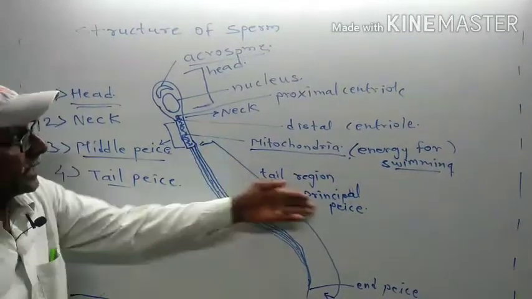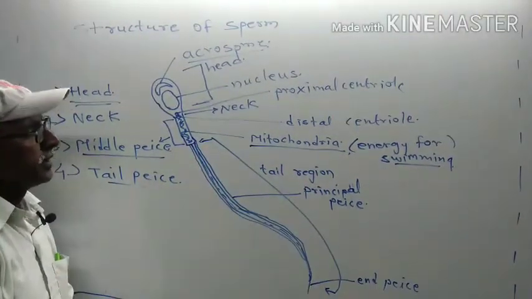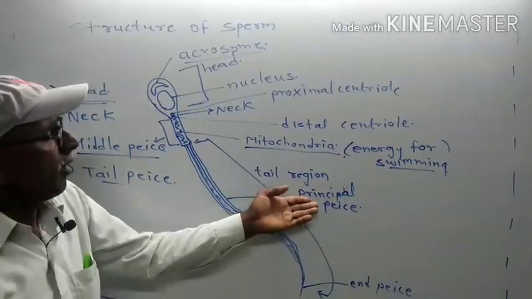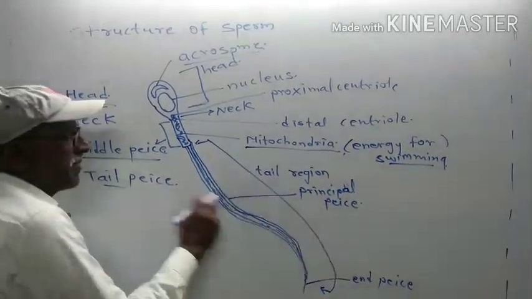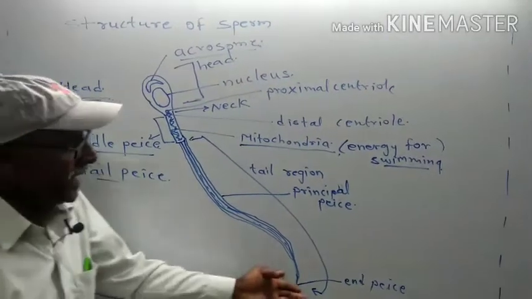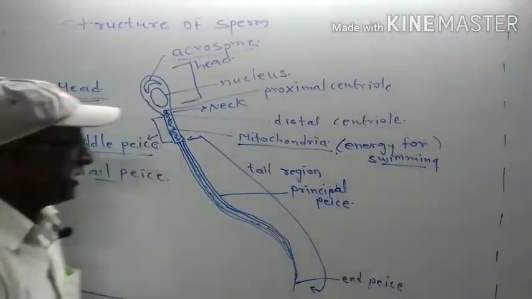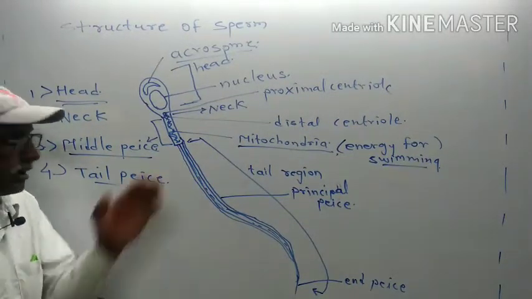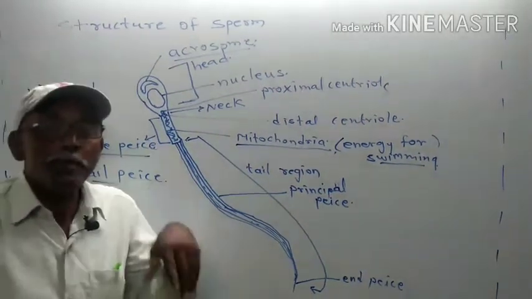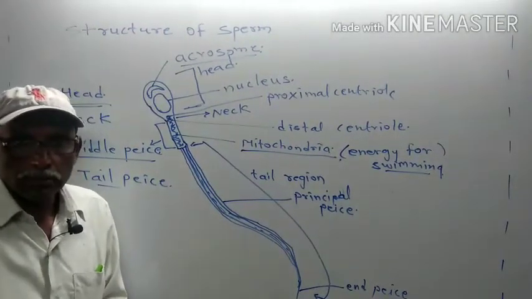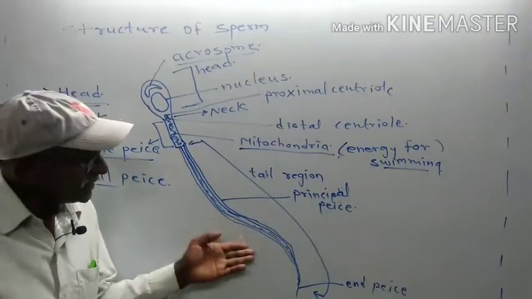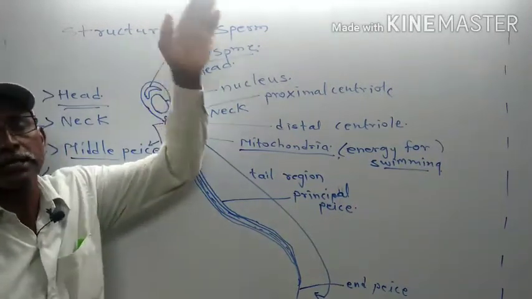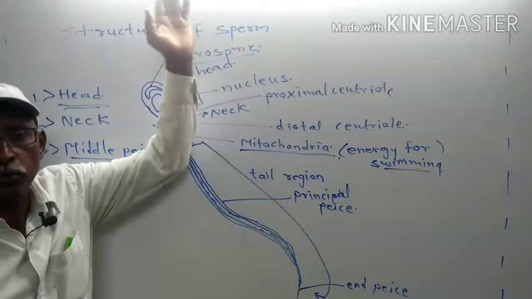This tail region is again divided into two parts, that is the principal piece and the end piece. On the principal piece there is a plasma membrane attached, but at the end piece there is no plasma membrane. So what is the role of this tail? This tail has a whiplash movement. Due to the movement of this tail, the sperm moves toward the uterus, from the uterus to the uterine tube,